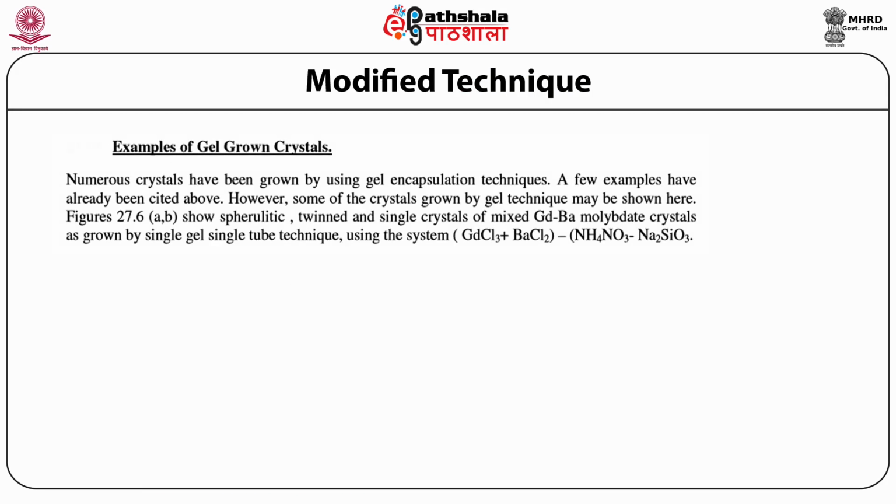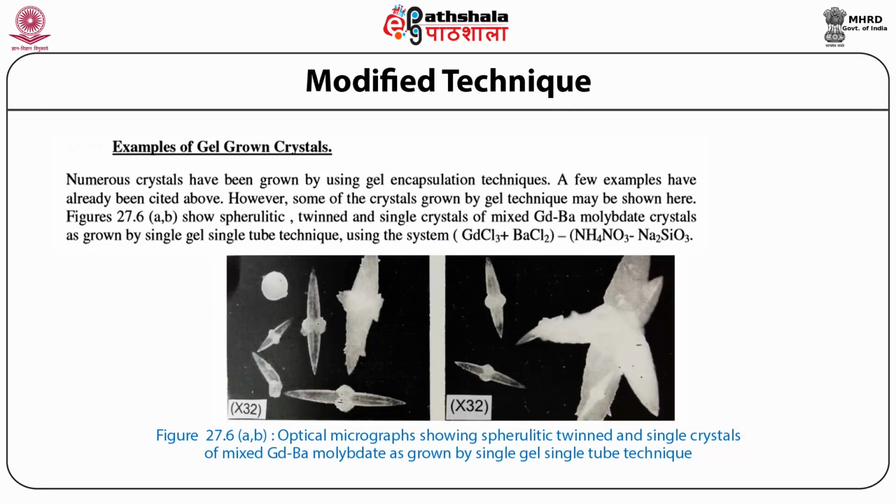Examples of gel-grown crystals. Numerous crystals have been grown by using gel encapsulation techniques. A few examples have already been cited. However, some of the crystals grown by gel technique may be shown here. Figure 27.6 A and B shows superlytic, twinned, and single crystals of mixed gadolinium barium molybdate as grown by the single gel, single tube technique using the system GdCl3, that is gadolinium chloride, plus BaCl2, that is barium chloride, NH4NO3,